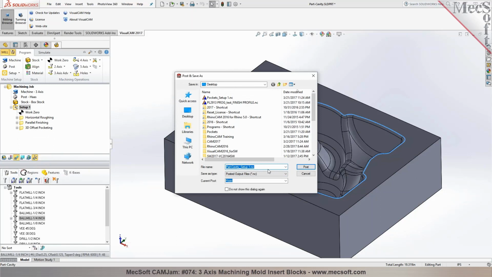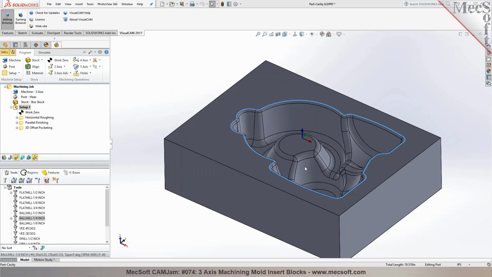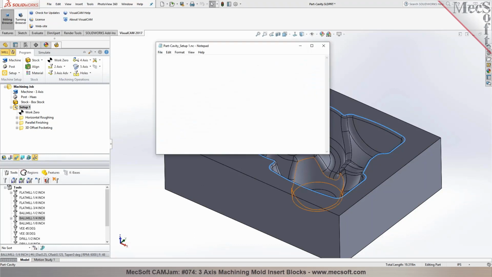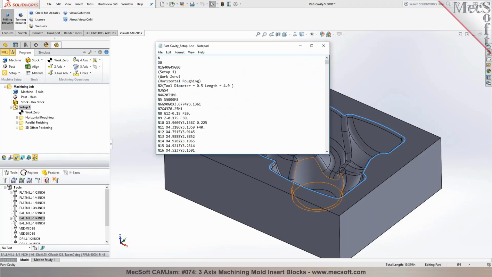Then you specify the file name. By default, it'll use the name of the part and also add the name of the setup to it. And I hit Post. Now if the part that you're working with requires programming from additional sides, so let's say you had some holes in here or some pockets in here that you need to machine, in those instances you would have to actually go ahead and create additional setups in here, and we'll talk about that in just a